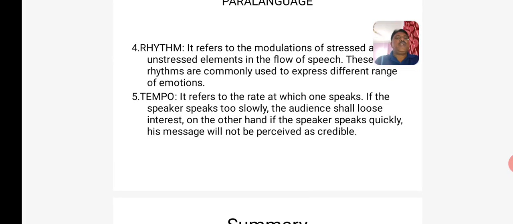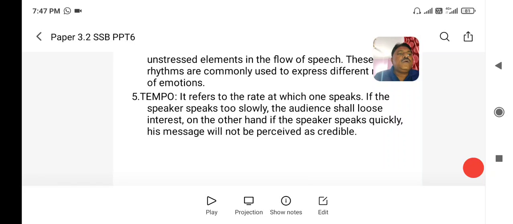Therefore, dear students, there are so many things to learn in paralanguage. It is a very big aspect. It has become a new subject now in nonverbal communication. There are so many examples in the study material. You can refer to them for each one of these elements. You can refer to other study materials. You can refer to the online sources available to learn more about paralanguage and learn more.